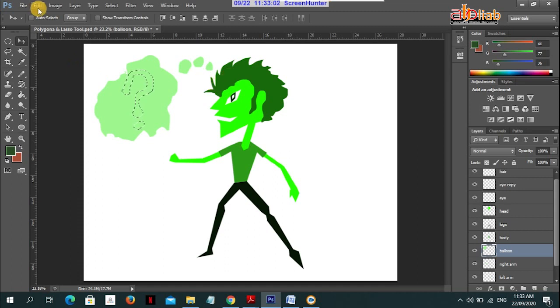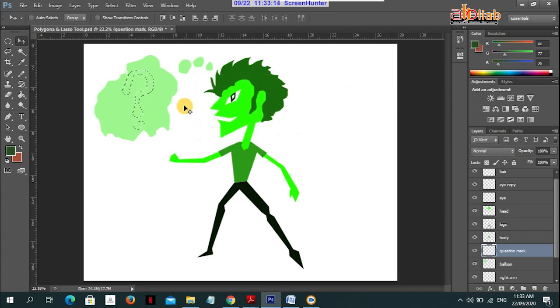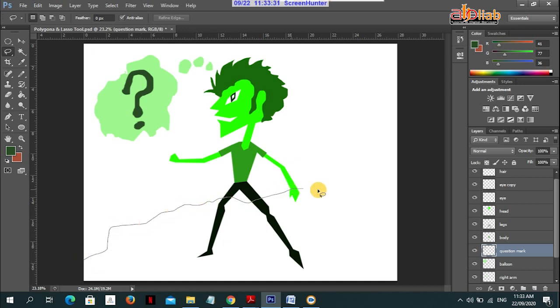Whenever you want to do some changes, create a new layer. I'll put a question mark here. Okay, then by using paint bucket tool, you fill it with color. There you go. Control V. If you want to create another shape here,